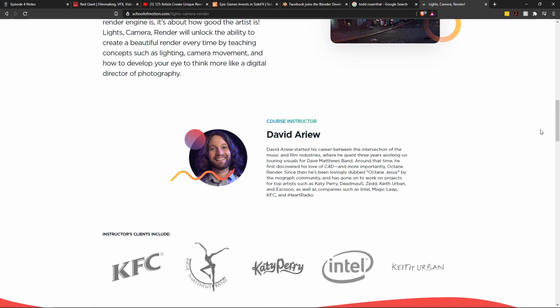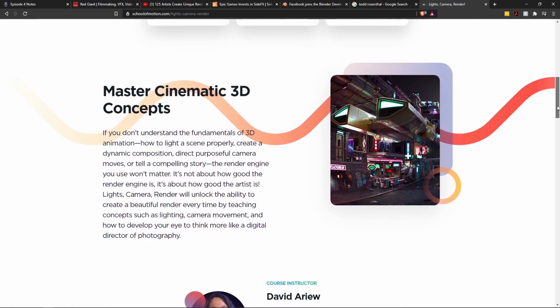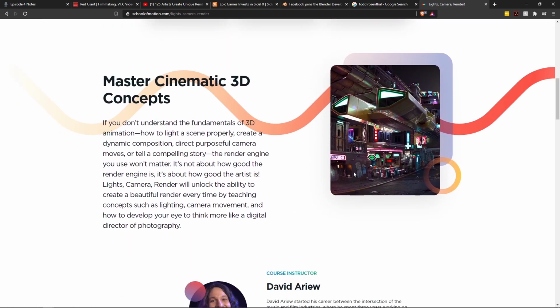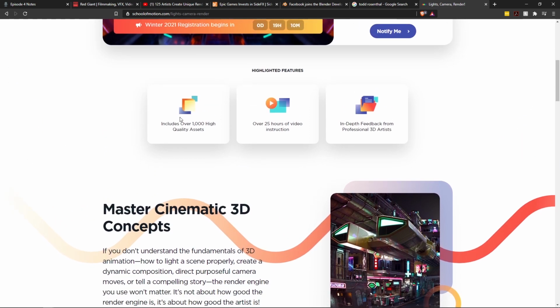Yes, they're going to use Cinema 4D and Octane. If you just want to use Blender, that works. If you want to use Maya, 3ds Max, whatever, I'm sure it can work for you. And then you get thousands of assets, like all the ships, all the models. You get that included in the course. All the textures, all that stuff. It's all included. Here we go, over 1,000 assets, 25 hours of video, and then you get